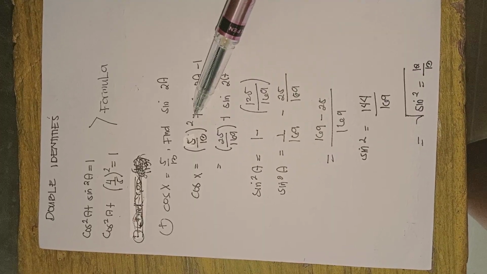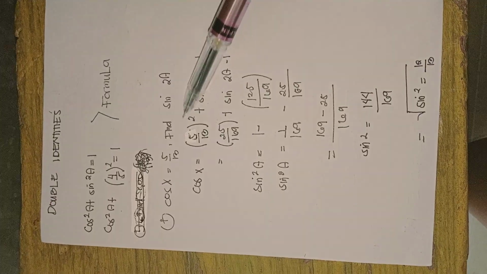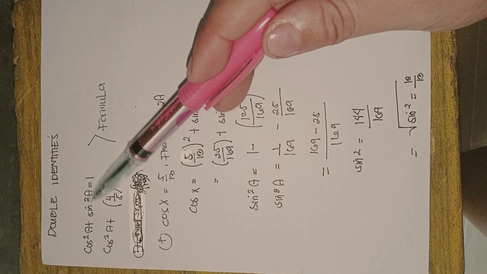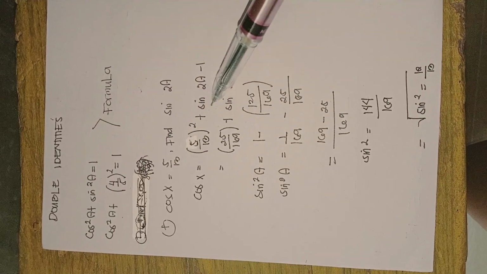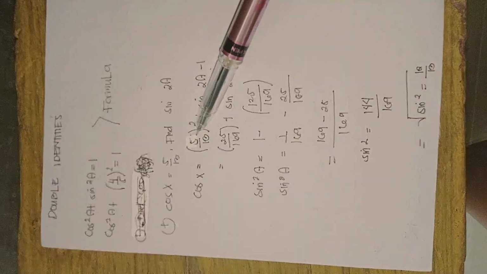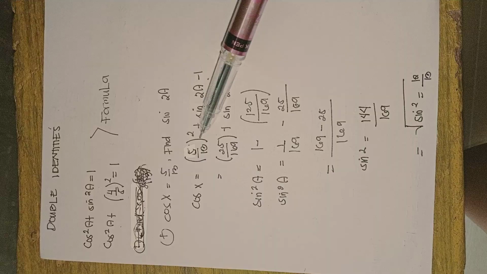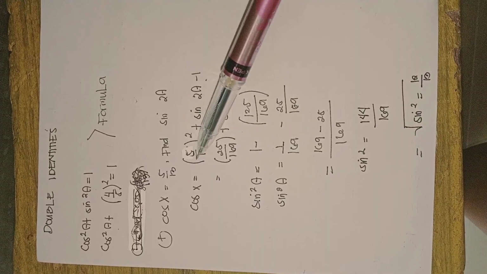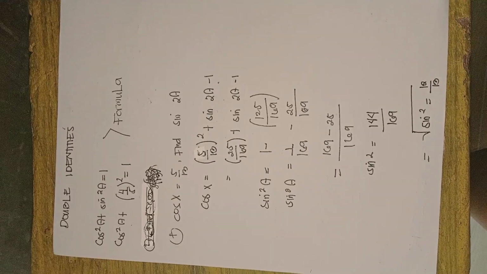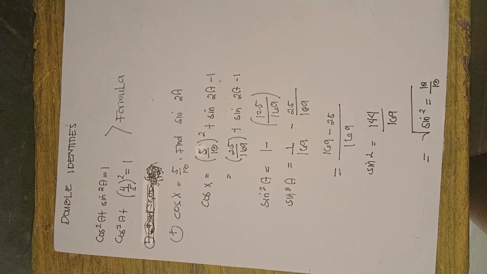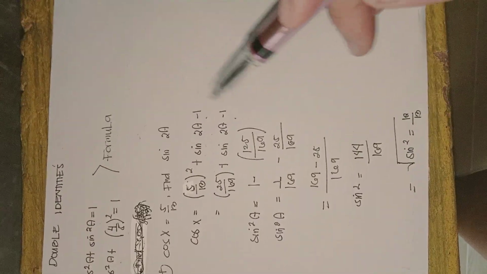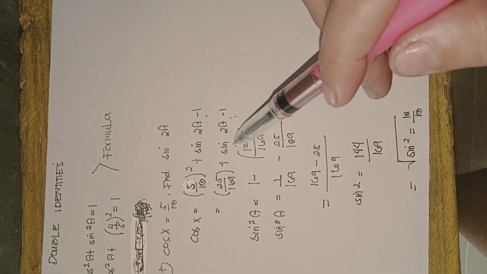5/13. Write the quantity, write the 2, which is the exponent, because there is an exponent in sine squared A, and plus sine squared A minus 1. 5 times 5, which is 25, and 13 times 13 is 169, plus sine squared A minus 1. So we transpose the sine squared A,